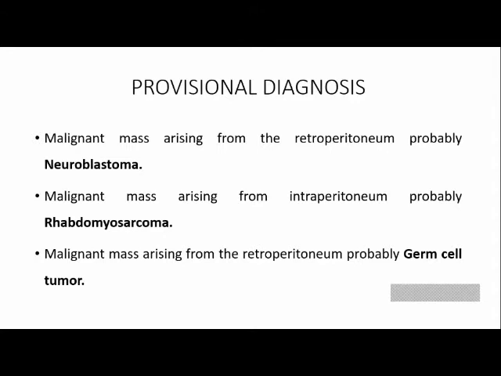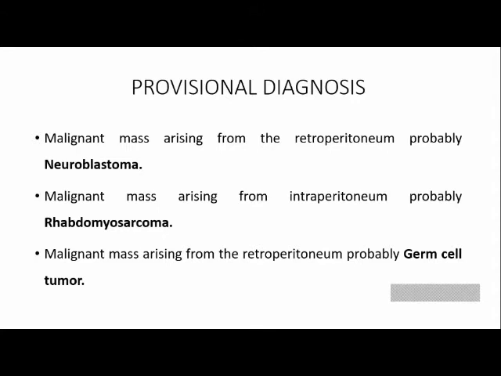Other features also, no? Lots of things which you discussed elsewhere, which you said are against Wilms tumor, can be in favor of neuroblastoma, right? A large, irregular retroperitoneal mass crossing the midline, with irregular borders. Okay, so it is likely to be neuroblastoma, and the commonest retroperitoneal mass in this age group is neuroblastoma. The fact that the child has been biopsied and given chemotherapy is also likely to be a neuroblastoma.